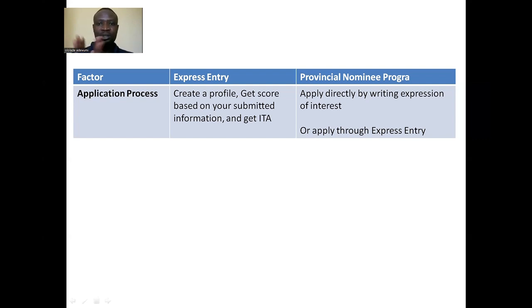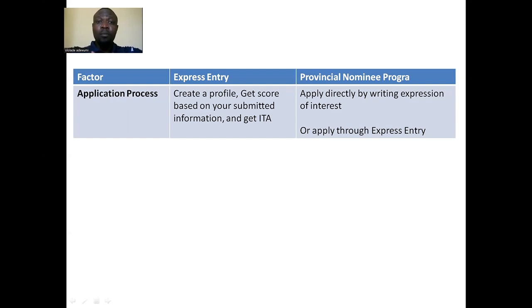So now this is what you will do in this regard. You will have to create an Express Entry profile. When you create the Express Entry profile, you will now select your province of interest. So in this regard, you are combining your Express Entry profile with your provincial nominee profile. Now you are combining the two together in order to have a higher chance of getting an invitation for permanent residence very quick, okay, to make your application faster.